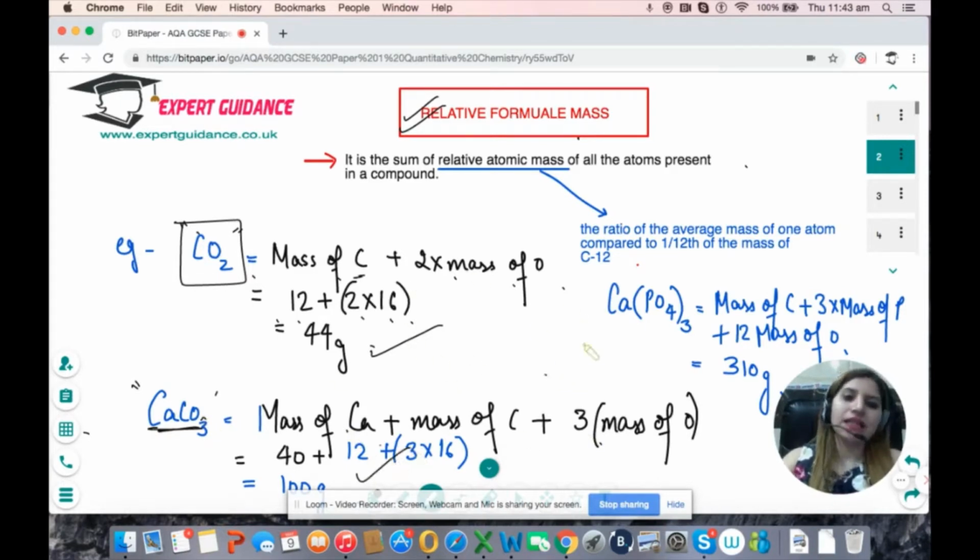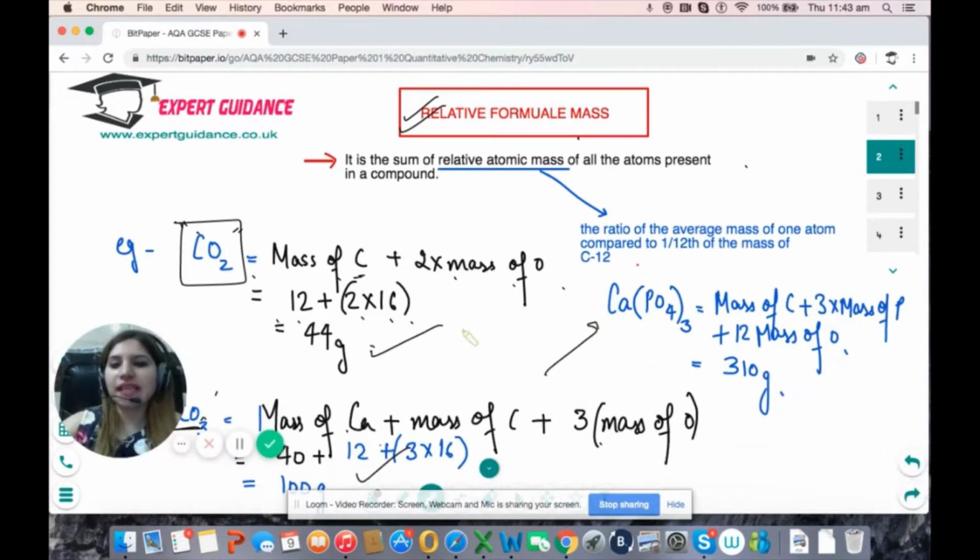Okay, now let's look at a complex molecule like Ca3(PO4)2. The indication of this 3 is that anything which is inside the bracket should be multiplied by 3. So the mass of phosphorus should be multiplied by 3, and oxygen, which is already 4, that is oxygen mass times 4 and then times 3. That is 12 times the mass of oxygen. So for calcium phosphate, the mass will be mass of calcium plus 3 times the mass of phosphorus plus 12 times the mass of oxygen. If you put in these masses, you'll get 310 grams.